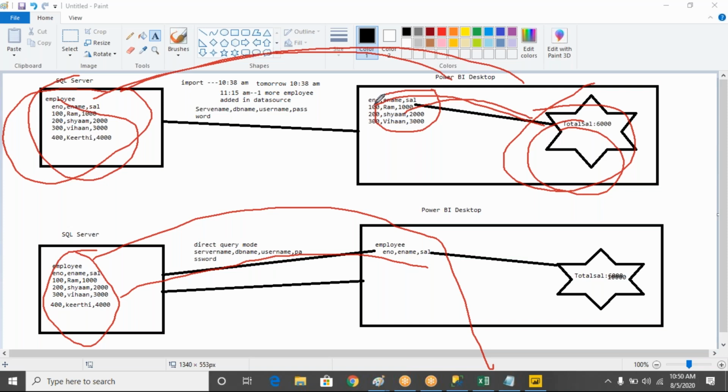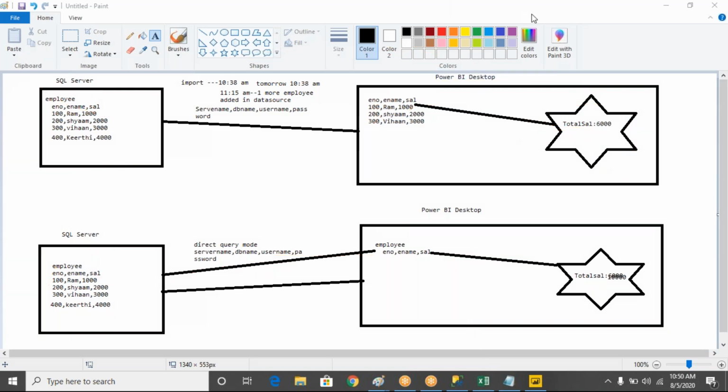For our practice, do we need to use import mode or direct query? Most of the time I'm going to use import mode only. The reason I'm going to use import connectivity mode is